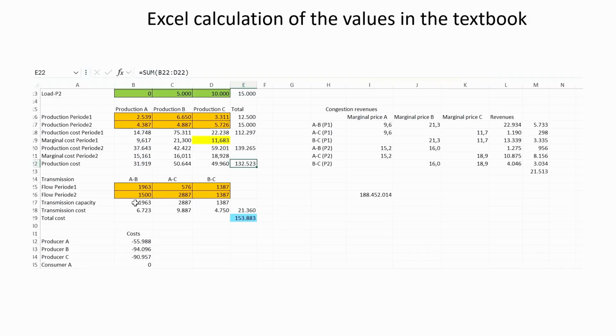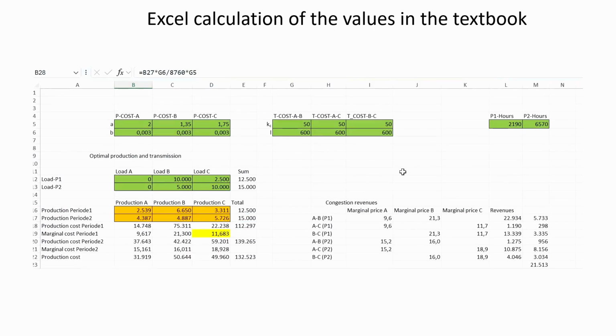And now we're going to calculate the transmission cost. This here is the flow between the different nodes. It's also taken directly from the textbook. This here is the capacity, and when we calculate the transmission cost, we use this transmission capacity and multiply